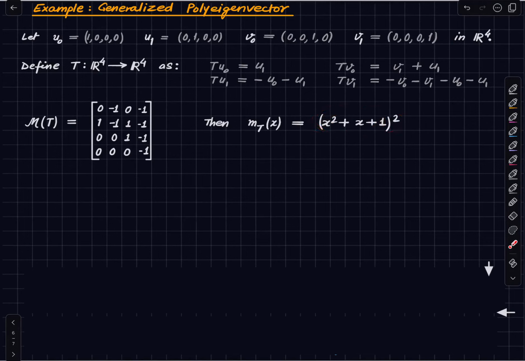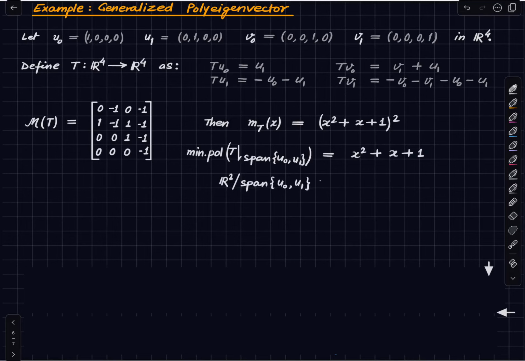But there is a somewhat more systematic or less computational way of doing it. So first, just show that the minimal polynomial of the restriction of T to the span of U0 and U1, the minimal polynomial of this guy, is this thing. That you can do by pure computation. It is going to be a very short computation because this is just a two-dimensional vector space that we are dealing with. And now if you take the quotient space,